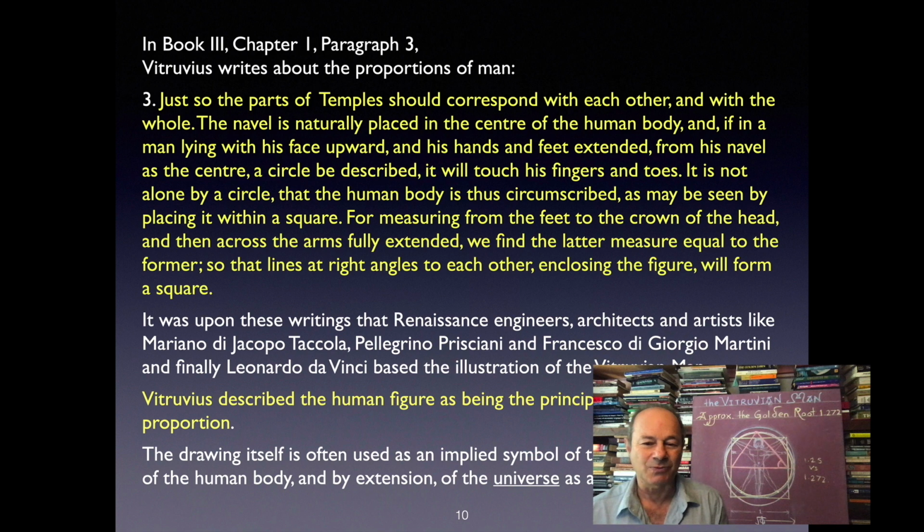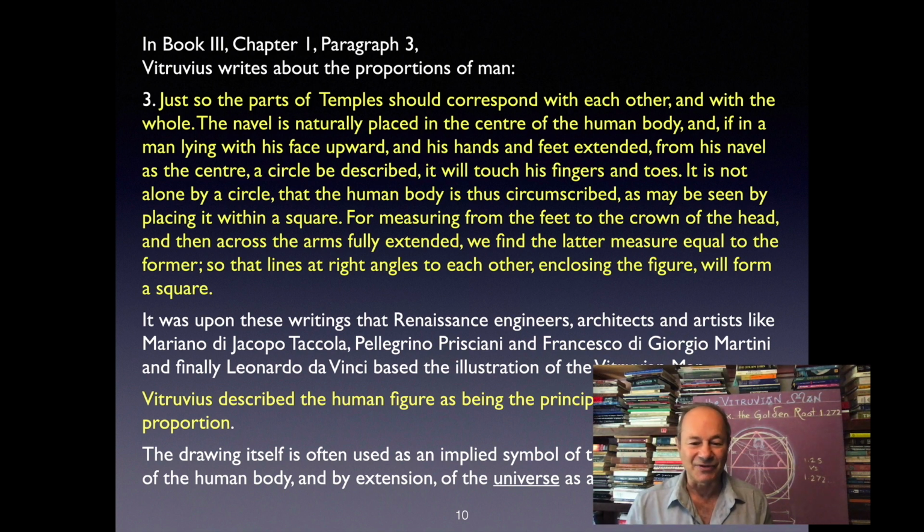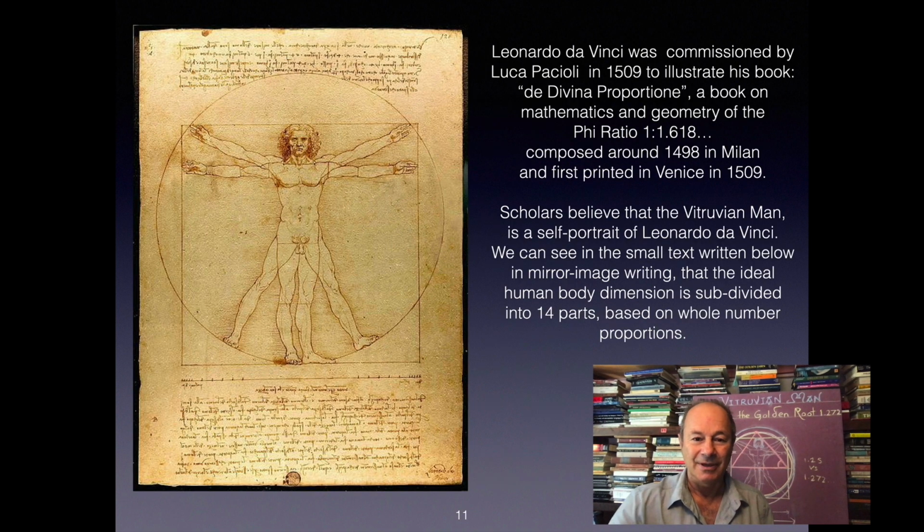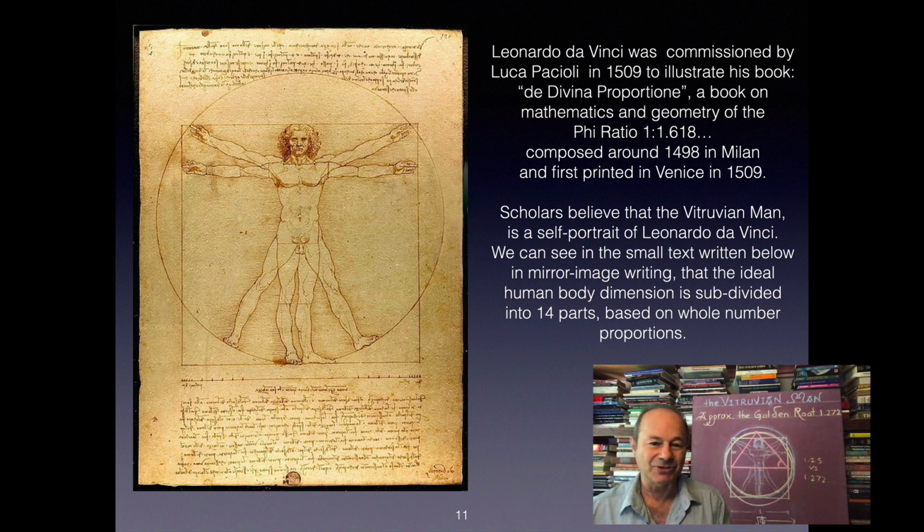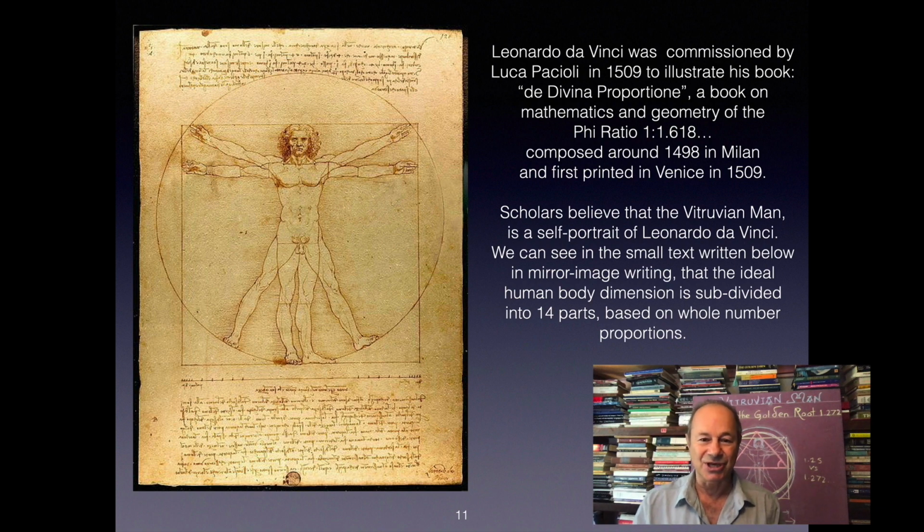So this is what inspired Leonardo, that we are essentially the symmetry of the square, and by extension we turn around and we fit inside of a cube. So this means we're a fractal of the universe as a whole. So this is the most special drawing, and it's just to show that all the dimensions of this is ancient